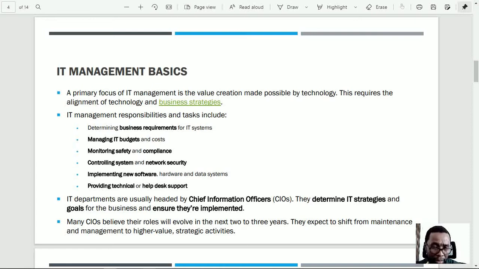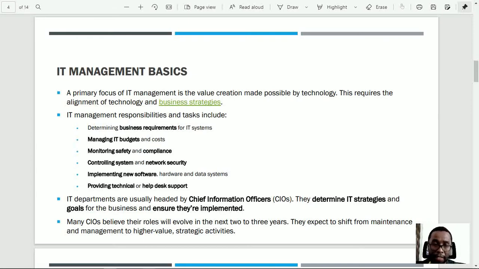So this is the responsibility of IT management. The IT department is usually headed by the Chief Information Officer, or CIO, who determines the goals for the business and ensures that these goals are implemented. These people keep updating the information, because technology changes fast. Within two or three years, some of their roles have changed into new roles. That's why a very competent person is supposed to be